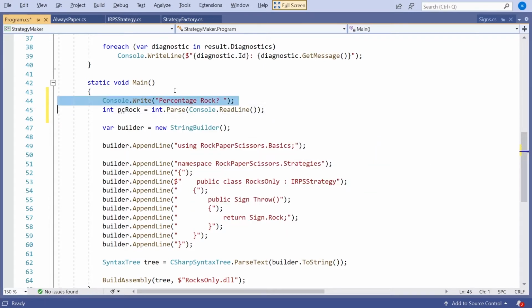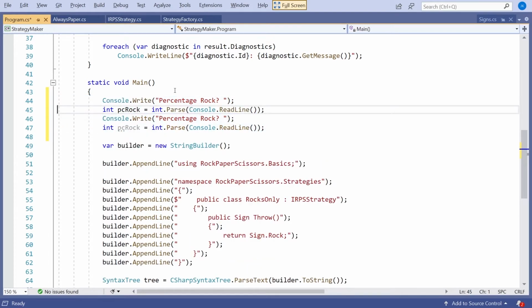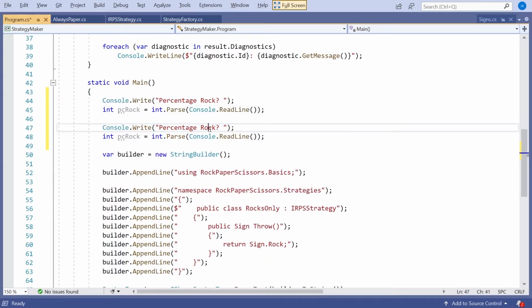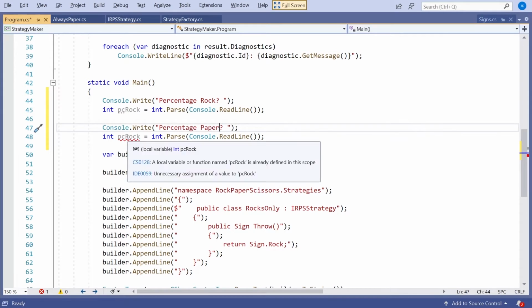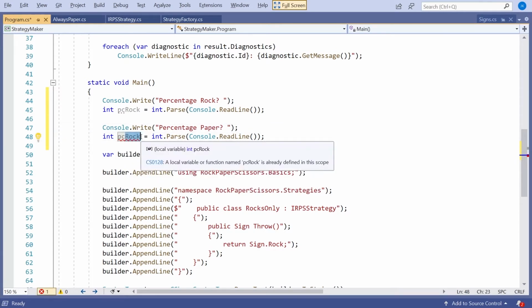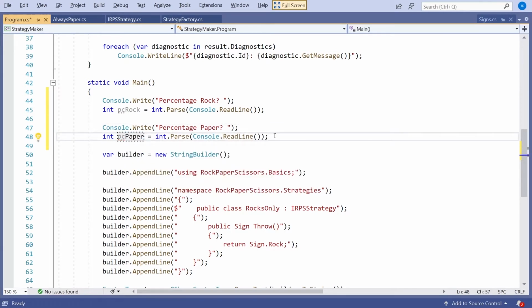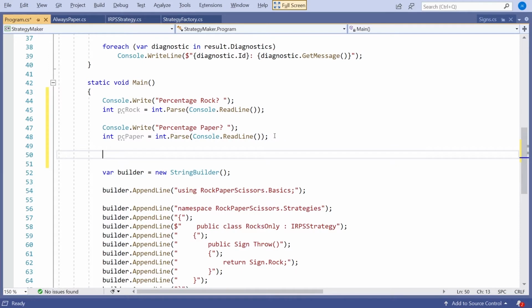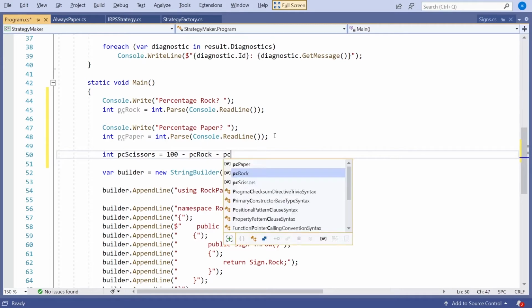And then if we just copy that, we'll have a percentage paper, and we'll call that pcPaper. And then obviously the percentages have to add up to 100, so we can just say int pcScissors equals 100 minus pcRock minus pcPaper.